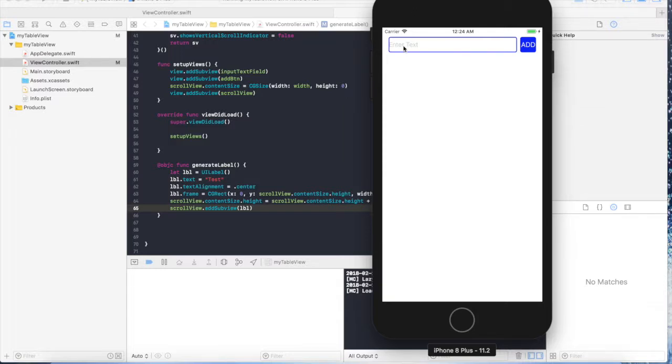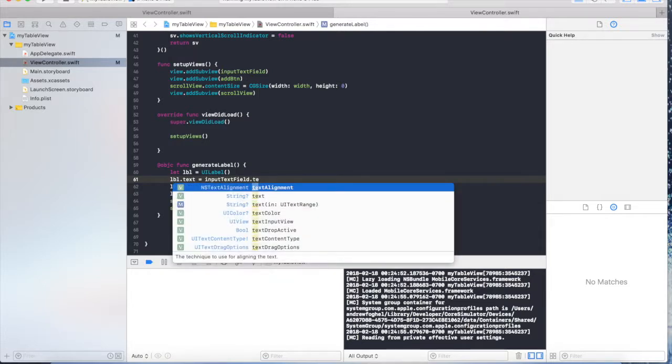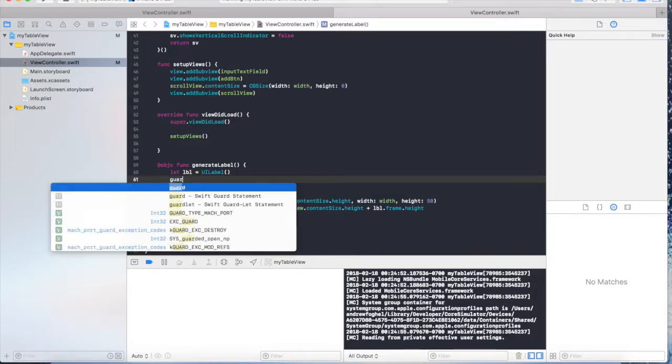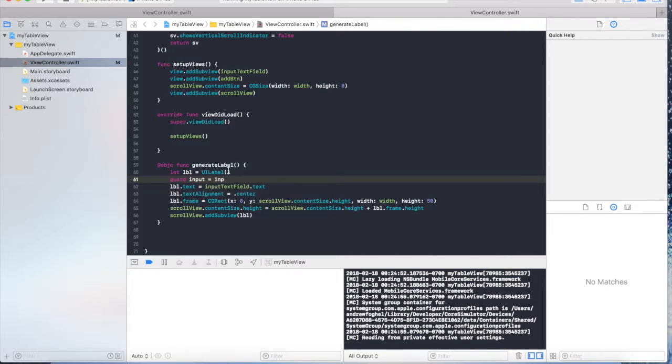So let's see if that works. So I'm going to add here. Cool. So you see we're getting the scroll view. So now we just need to assign our text. So this is just going to be input text field dot text. And I'm going to unwrap this just for giggles. So that's input equals input. Never mind. Input